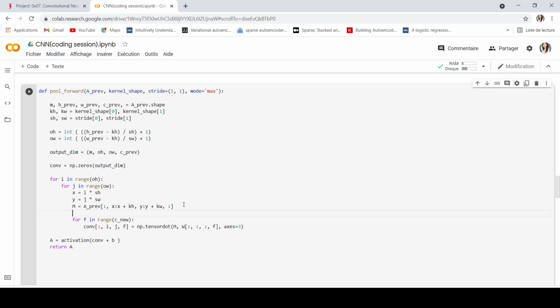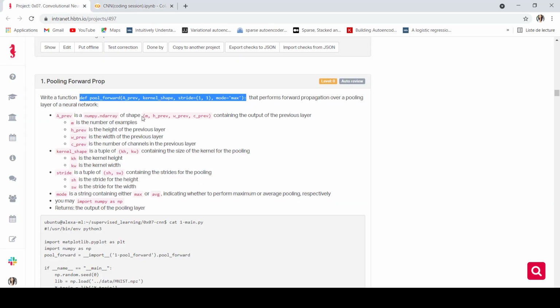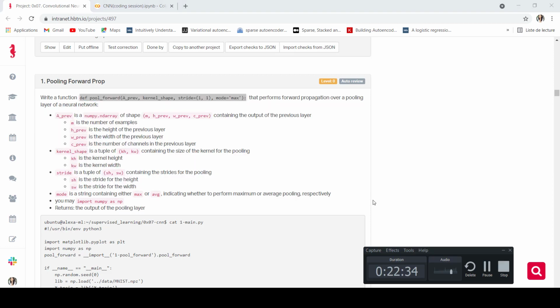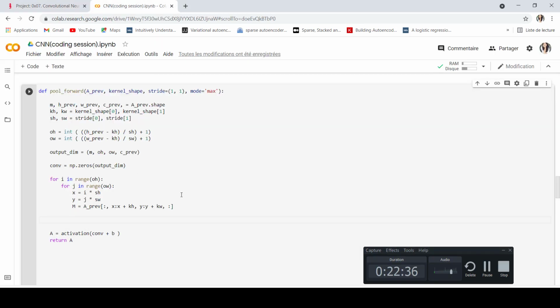Here is the change that we are going to make. We are going to have either max pooling or average pooling, which indicates whether to perform maximum or average pooling respectively. Okay, let's start.